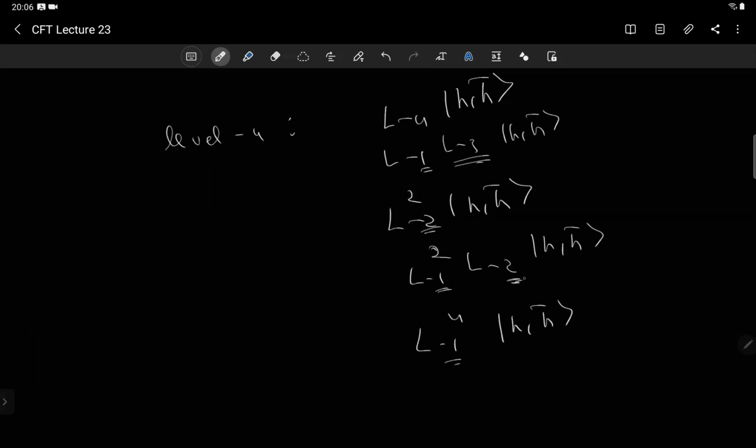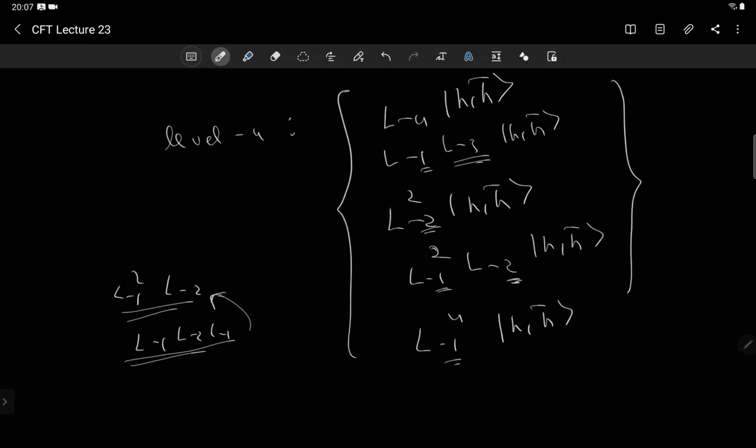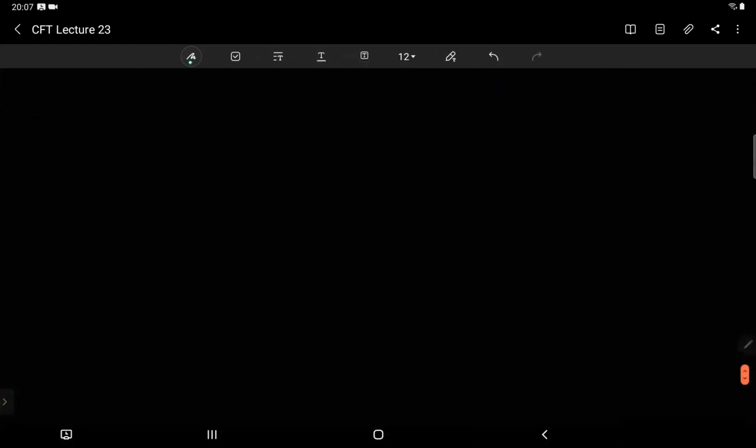আমি যেটা বললাম সেটা হচ্ছে যে L minus 1 স্কয়ার, L minus 2 নাও, বা L minus 1, L minus 2, L minus 1 এরকম করে নাও, এগুলো সব একই আইগেন ভ্যালু হবে। মানে এগুলো সব লিনিয়ারলি ইন্ডিপেন্ডেন্ট নয়। যতগুলো L minus 1 আছে সেটা একটাই হবে লিনিয়ারলি ইন্ডিপেন্ডেন্ট, বাকিগুলো সব লিনিয়ারলি ডিপেন্ডেন্ট হয়ে যাবে। তাই আমরা বলতে পারি যে এইগুলো হচ্ছে লিনিয়ারলি ইন্ডিপেন্ডেন্ট স্টেটস।